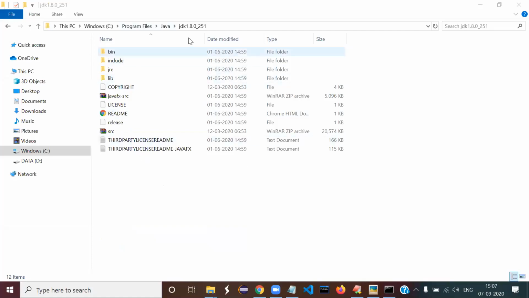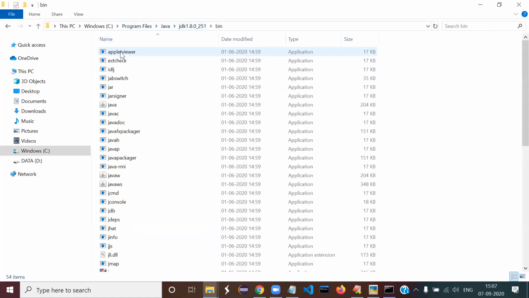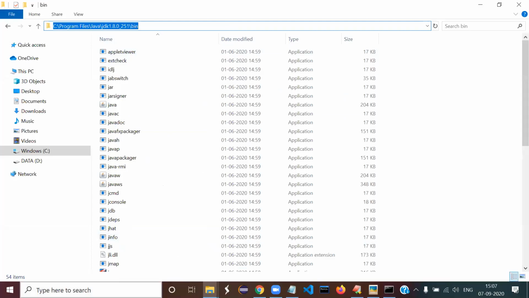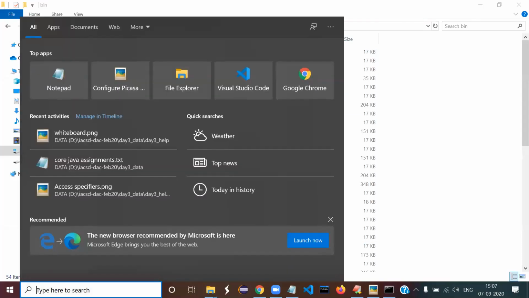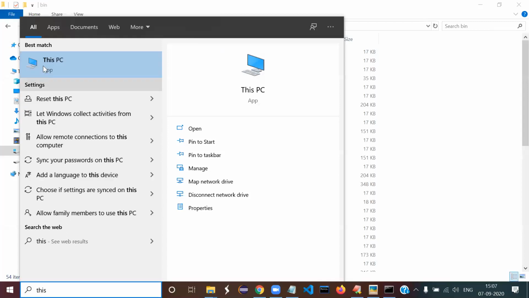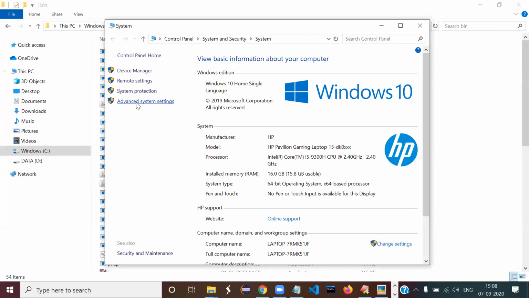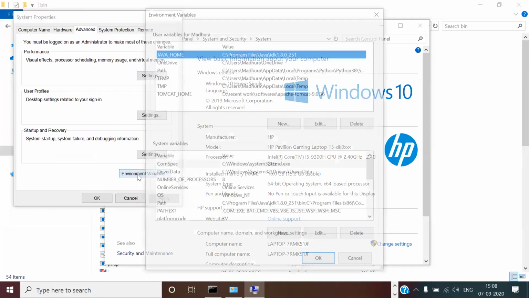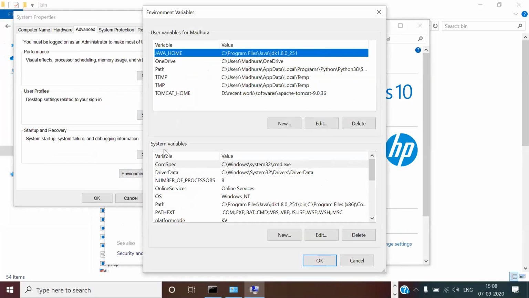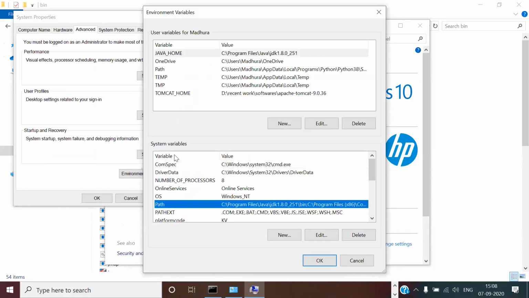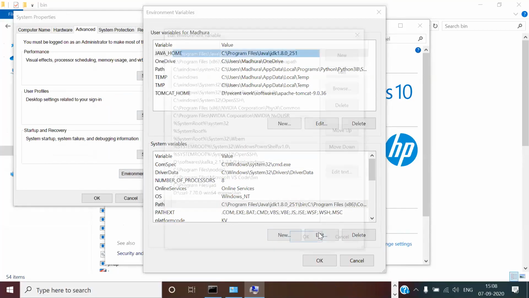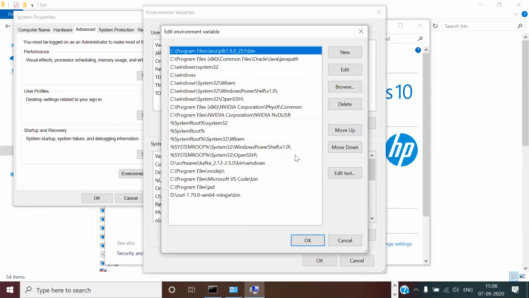And here you will see under JDK a bin folder. Now copy this. I had given this instruction on day 1. Copy this and add it as the first entry in the path. Otherwise, we waste a lot of time. Properties, advanced system settings, environment options. Here, system variable, click on path and say edit. And here you can say new.